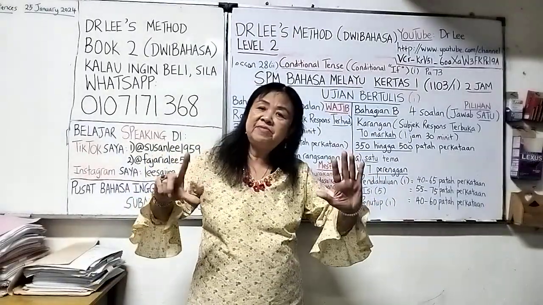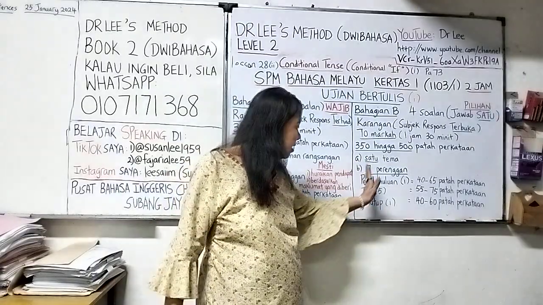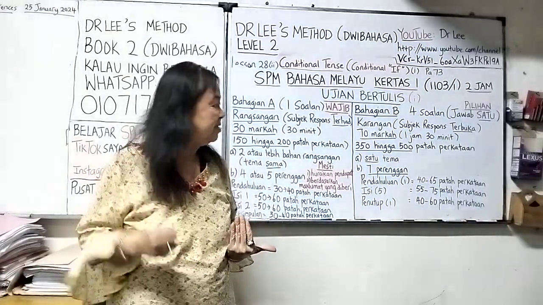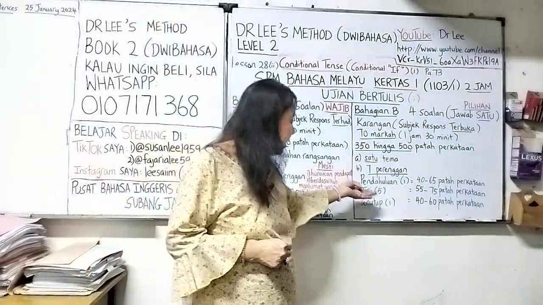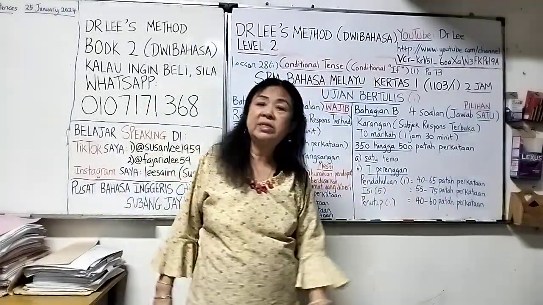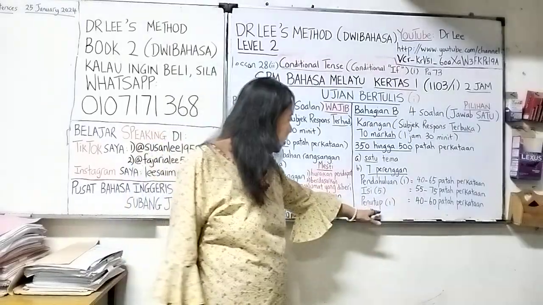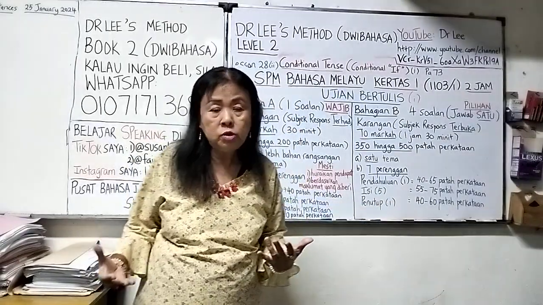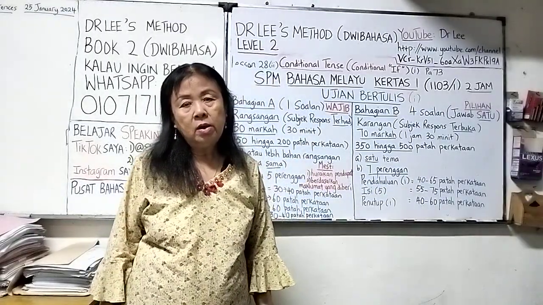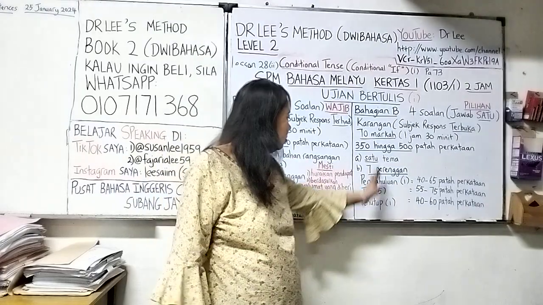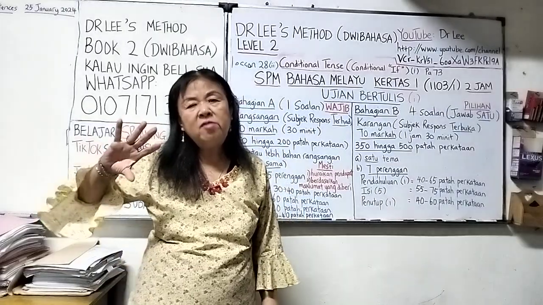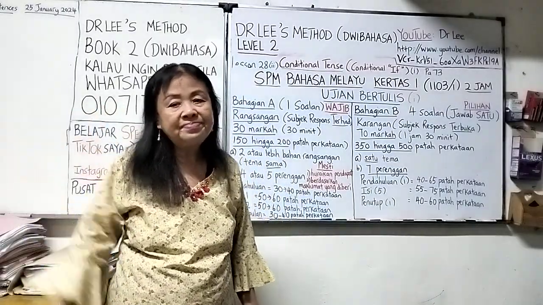In total, 7 paragraphs. For the introduction, it is suggested you write 40 to 65 words. For the isi or the points, each paragraph 55 to 75 words. And for the penutup, kesimpulan, or conclusion, you write 40 to 60 words. So it will total up to more than 350 and around 500 or a little bit more. Now,